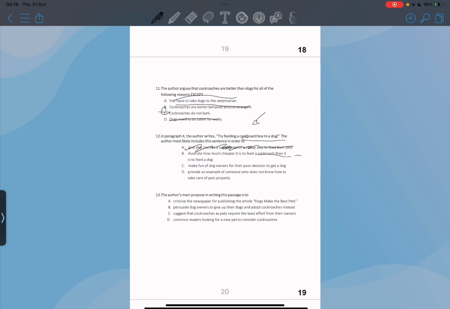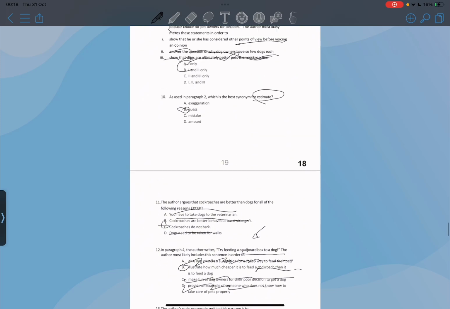That's exactly what he's doing here. If you look at option C, make fun of dog owners for poor decisions. Again, not really, and provide an example of someone who does not. Again, not quite. So if you look at the context here,